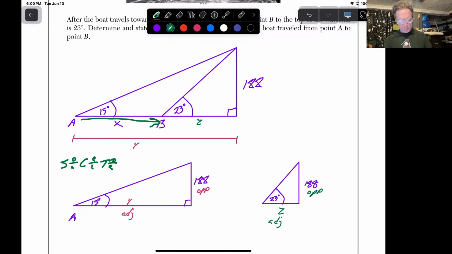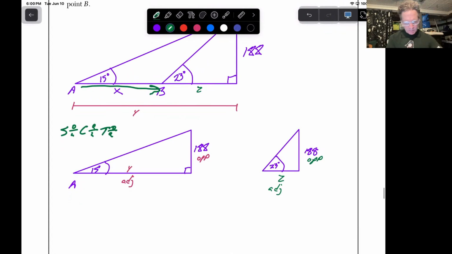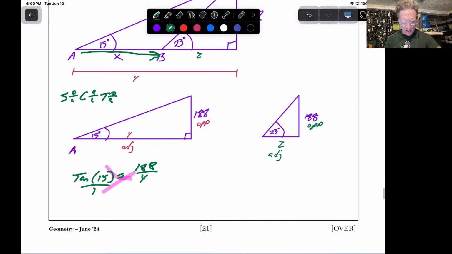Okay, this is a tangent question, right? Because we know our opposite side and we're looking for our adjacent side. So it's the tangent of 15 equals 188 over y. Put that over 1, cross multiply. You're going to end up with y equals 188 over the tangent of 15,